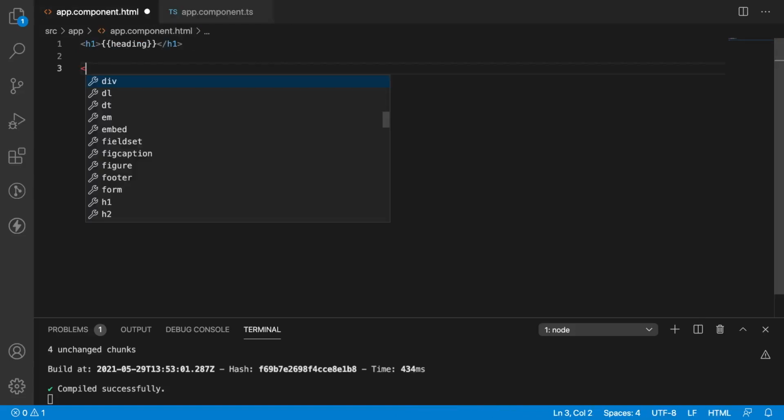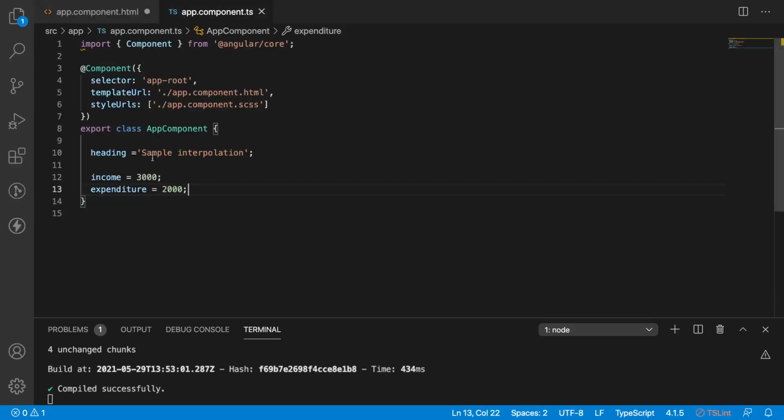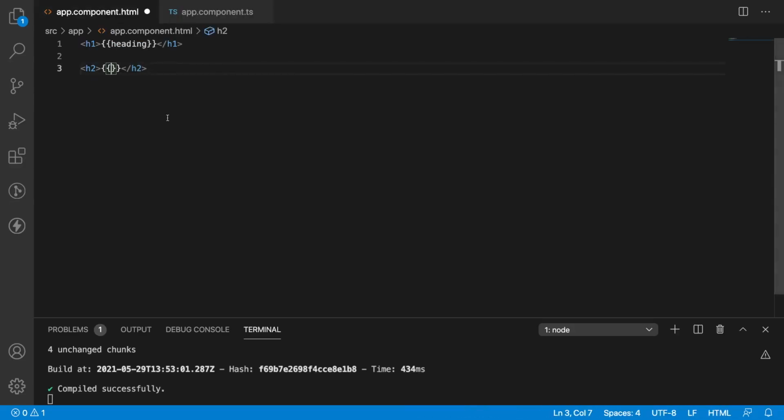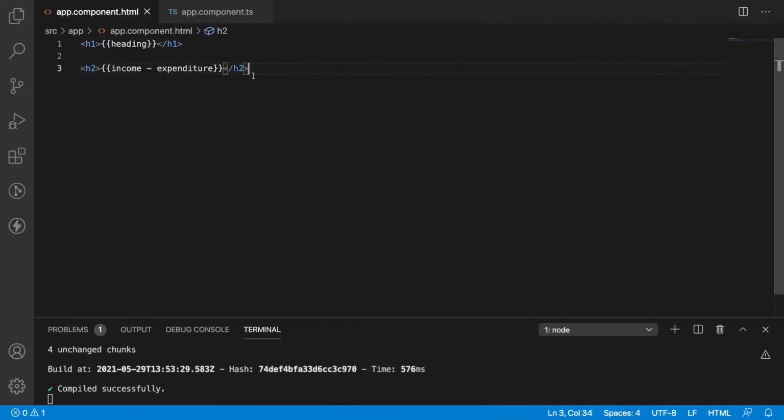Let me go back and let me create something like h2, and inside h2 I am writing an interpolation with an arithmetic operation of income minus expenditure. So save it. Yeah, let me go back to my browser, and here if you see, the difference between them is 1000. So we can arithmetic operators has been worked for interpolation.